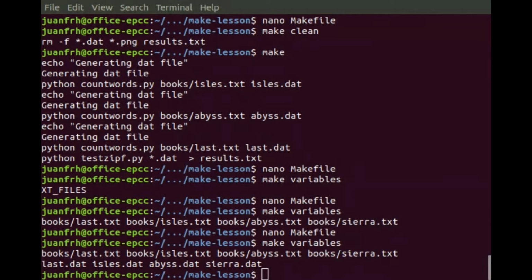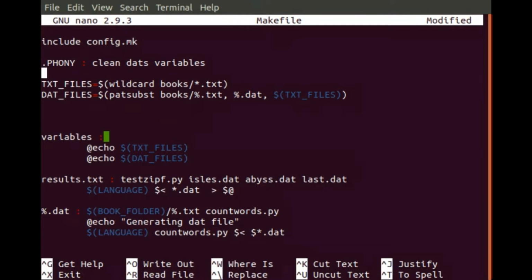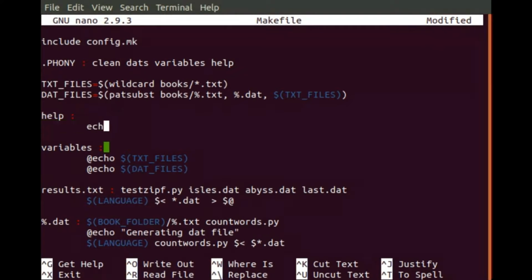What is said is that it is important to document the makefiles. So in order to do that, you can edit nano Makefile, and I will add it here. Well, in the phony is a help. But what you can do is you can use help, and then in echo, sorry, using the variable echo,